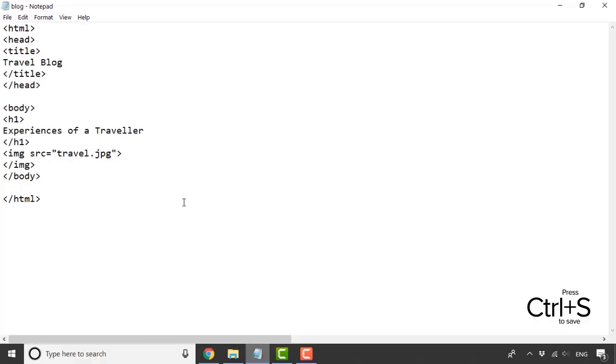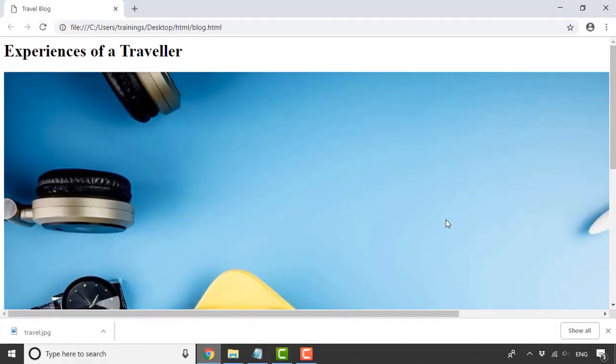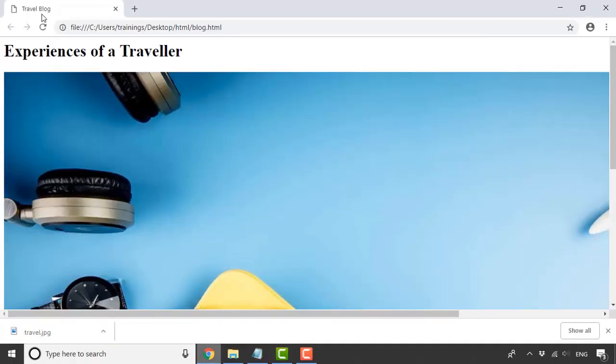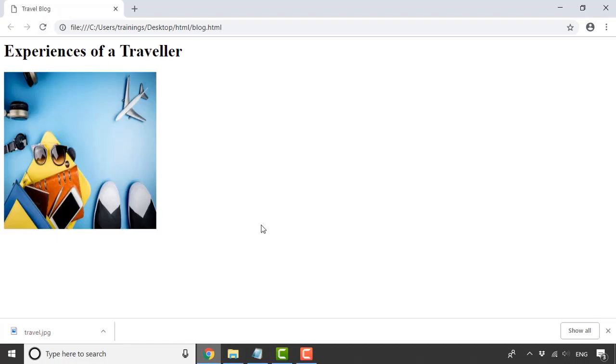Now, save the document again and refresh the tab in the browser which has this page and see the output. It looks like this. Now let's say we want the image to be smaller or bigger in size. For this, we can add more attributes in the image tag. So if we go back to the HTML document, let's add the width and height attribute here. The values can be written in pixels or in percentage. And if you refresh the browser tab once again, you can see the changes. Keep trying till you get the size that you want for the image.